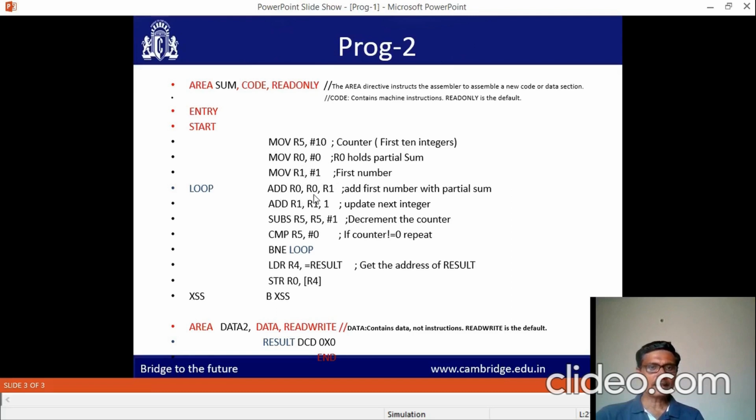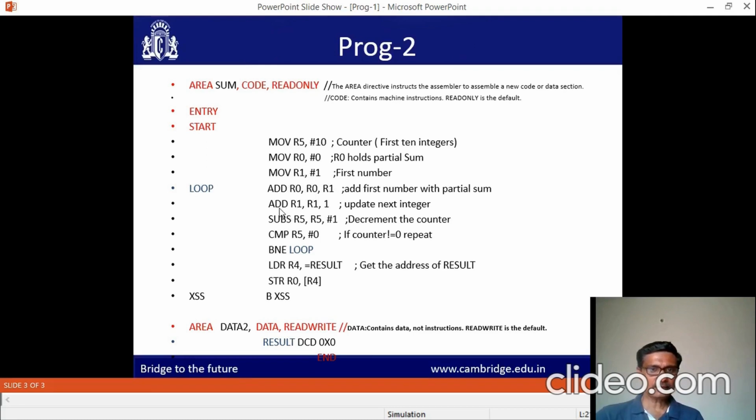The ADD R0, R0, R1 instruction will add the content of R0 with R1, and the result is stored in R0. What is there in R0? Here R0 has 0, R1 has 1. So 0 plus 1, 1 is stored in R0. That is the partial sum.